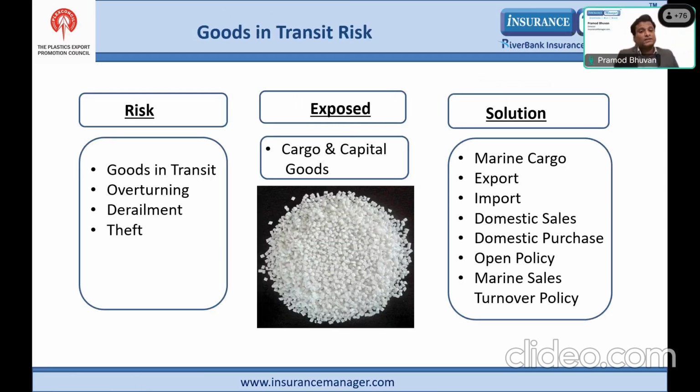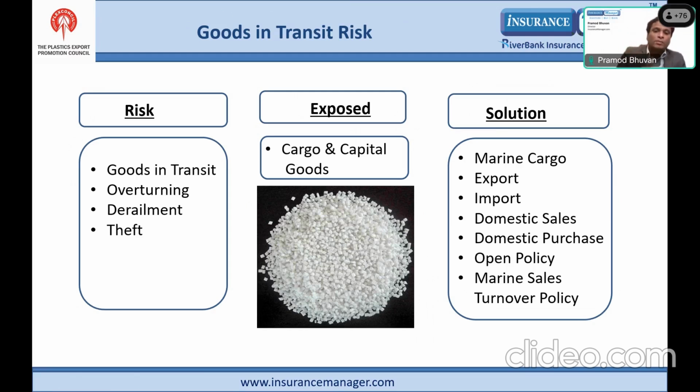Of course, the second slide is about goods in transit. Of course, a lot of movement of goods happen either in form of purchases locally or import of goods. Now though there's a lot of, again, supply chain disruptions which we are seeing in our clients, and a lot of our clients, especially in petrochemical products, are resorting to bulk cargo imports. Of course, bulk cargo imports come with their own challenges related to losses, because वहाँ पे stowages और handling losses काफी आते हैं. But especially if I talk about containerized cargo, so the exposure, of course, is plastic related commodities.